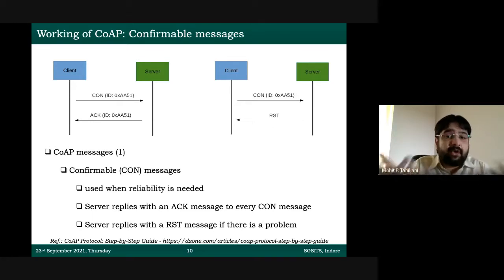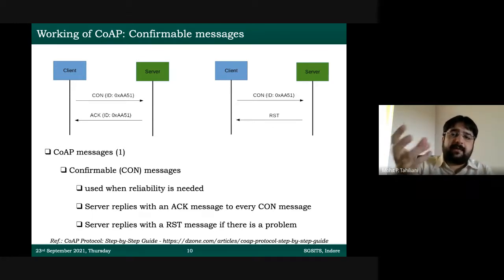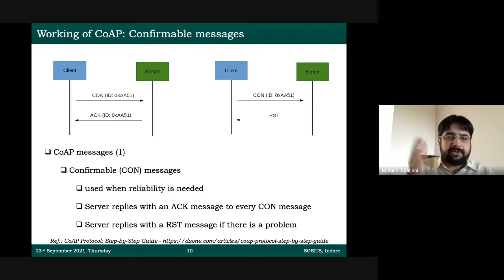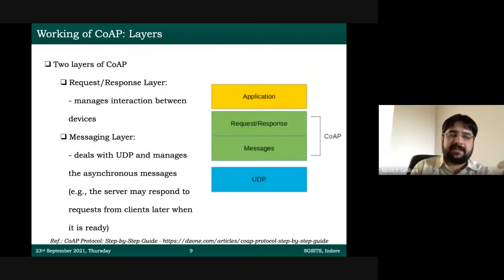That channel can be noisy. And that's why the server was not able to interpret the message that was coming from the client. So it just says reset the whole connection. So this is a utility of reset. And you have seen 3 messages in this slide, which I explained in the previous one.